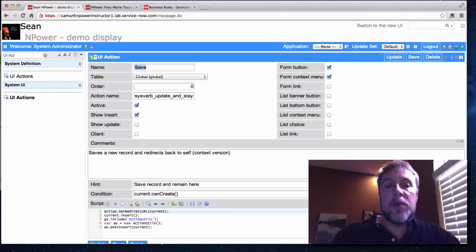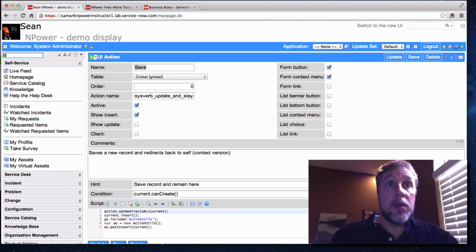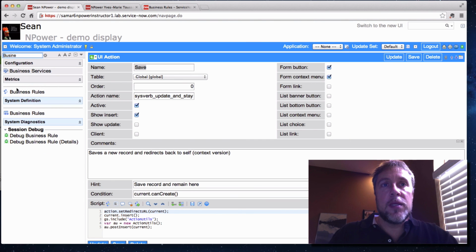Now, the next thing we do on page 69 is a business rule. And really what we want to do for that is, there is a table for that, of course, right? Because everything's a record in a table. I could